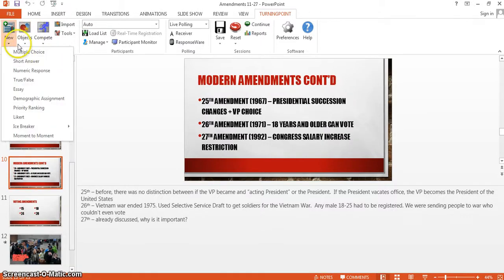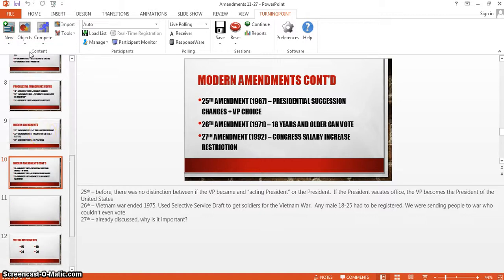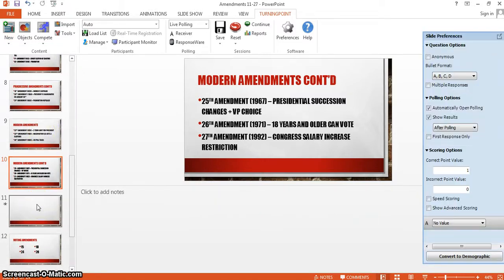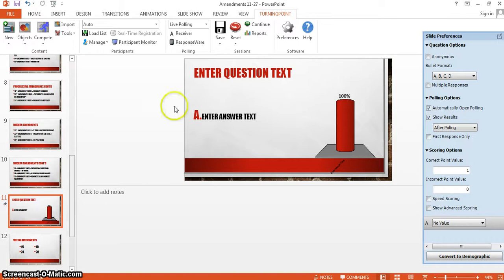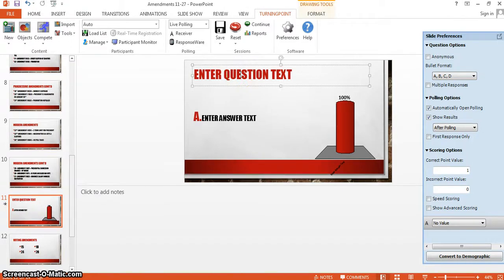And I insert a new question. You can do all these different types of questions. The only one that I personally have used is the multiple choice. So I'm going to add a multiple choice question. So I want this question to be checking if they know what the amendments meant. So I'm going to start by asking,